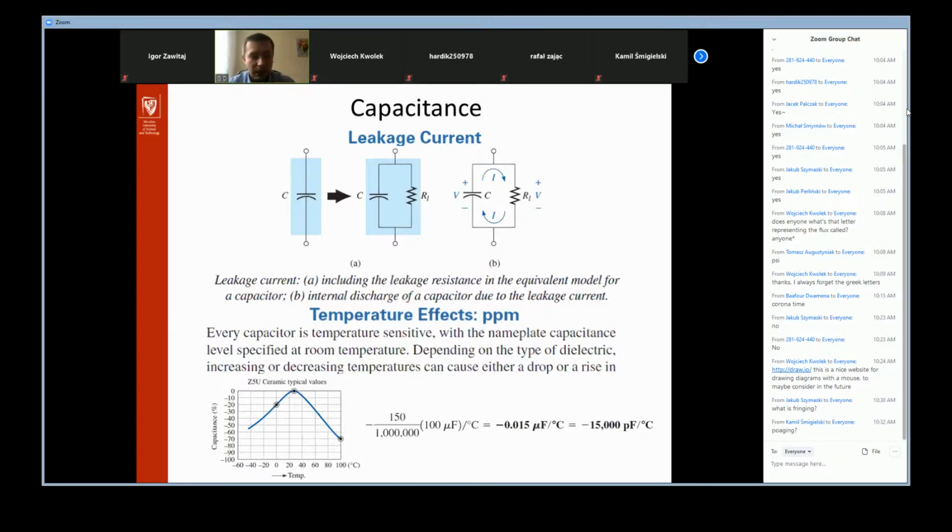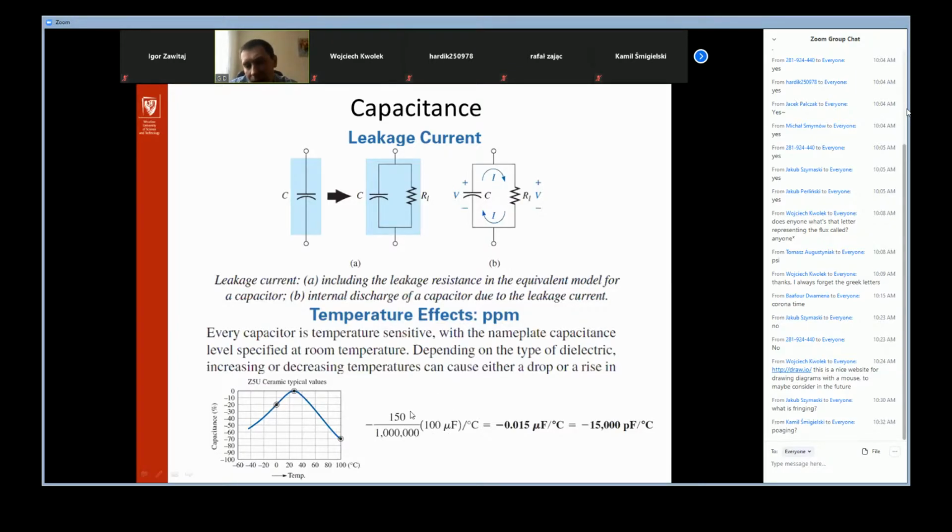Okay, the next thing you have to know is that the real capacitor has some temperature effects. In fact, its capacitance depends on temperature, and it is the same story as for resistances. This temperature coefficient is given in ppm per Celsius degree. So how can we calculate it? Very simple. If we have a capacitor which has a temperature coefficient equal to, for example, 150 ppm per Celsius degree,